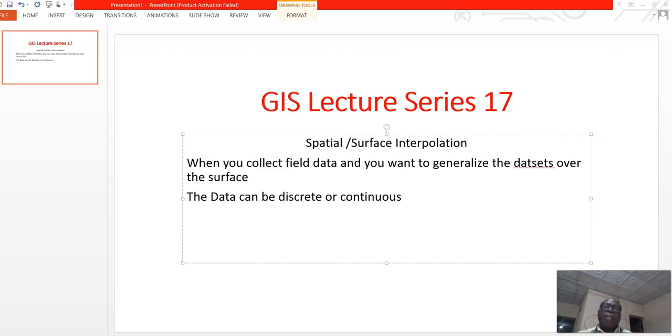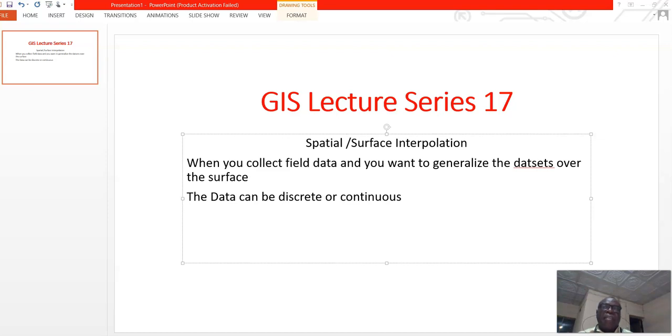The data you collect can be discrete data or it can be continuous data. You can collect data at a nominal data type, or at interval, ratio, ordinal scale. In any type of data that you collect, you can generalize them.